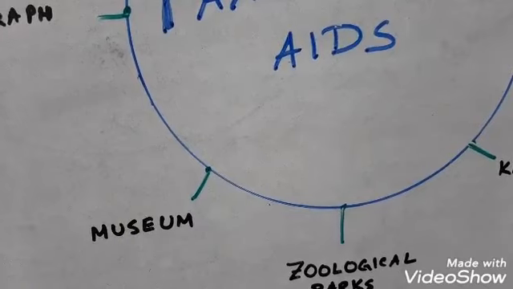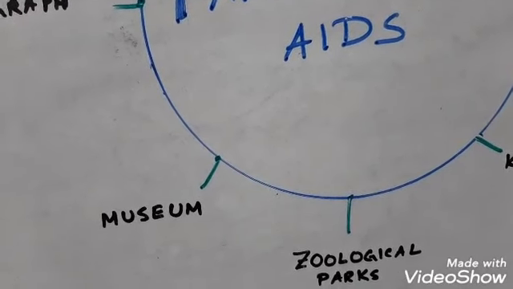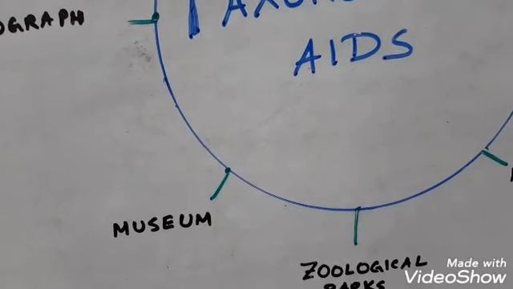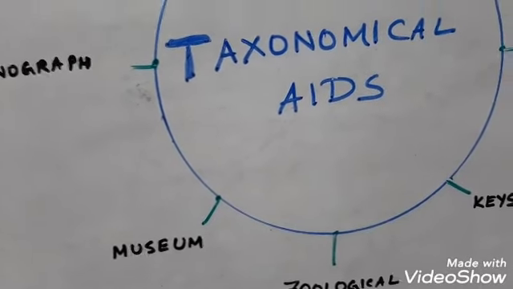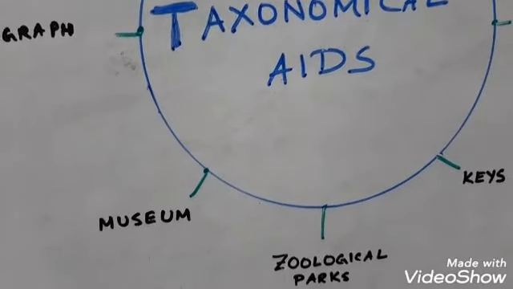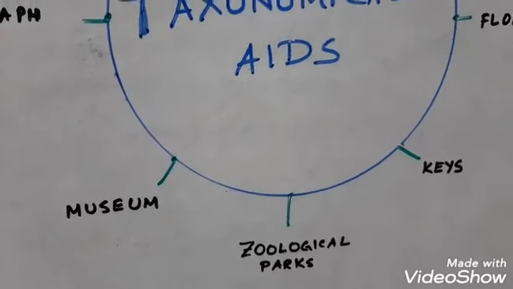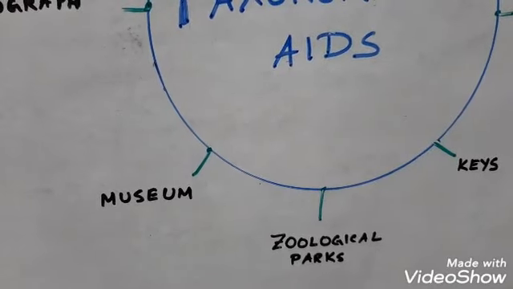Then National Zoological Park in Delhi, Alipur Zoological Garden in Kolkata. Then you can see Guwahati Zoo in Assam. So there are so many zoological parks in India. These are the centers for recreation and educational tools also for the children. Many of you might have visited a zoological park or a zoo.